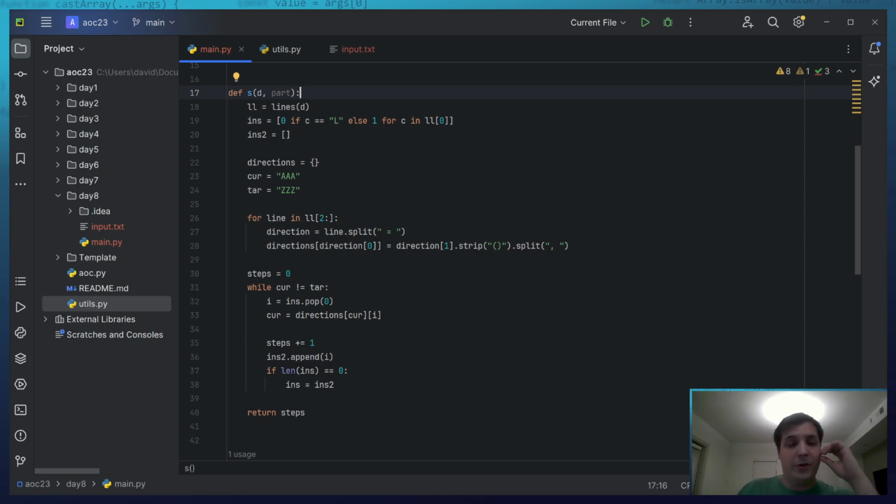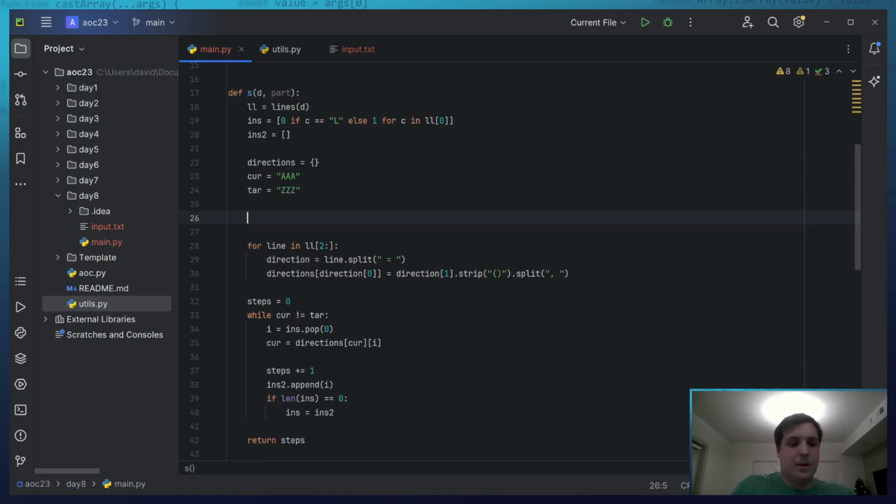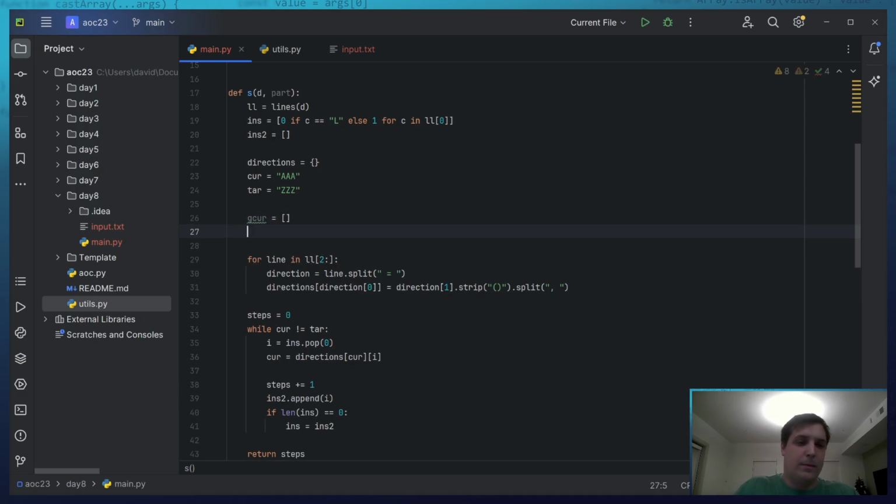So all the ghosts start at all the locations that have an A at the end. Let's just store ghost current as all of these.